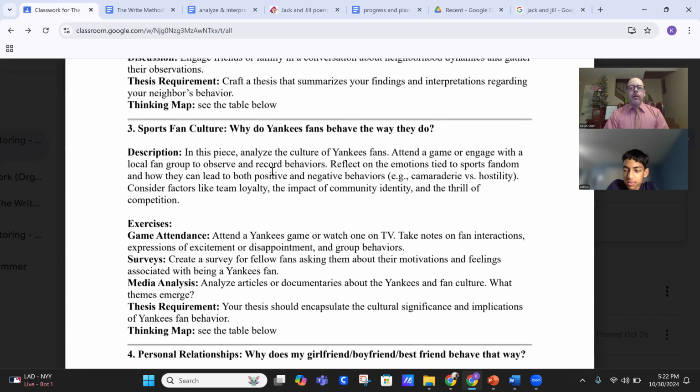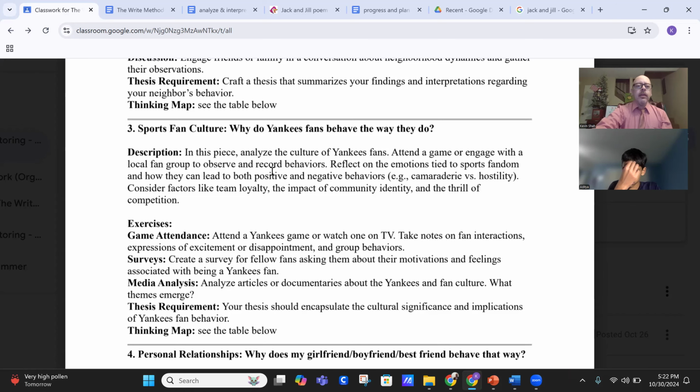You might get on a forum if you're part of any Discord communities, or even in school, with some of the teachers there or any of the adults that work in the school, ask them about their experience of being a Boston Red Sox fan and what that means to them.